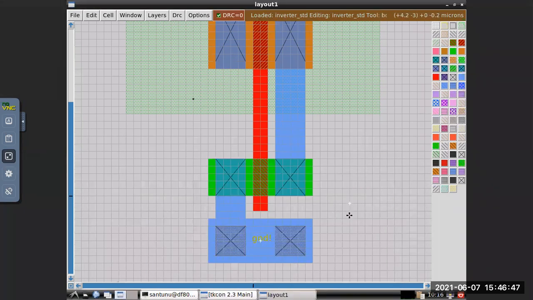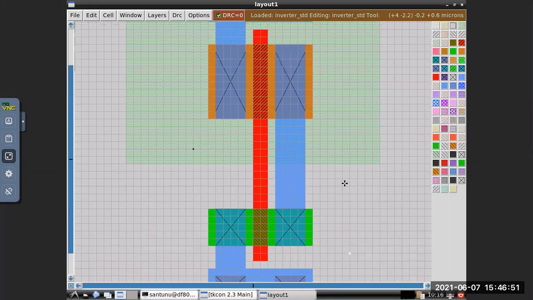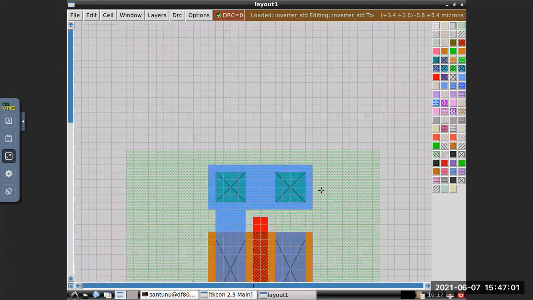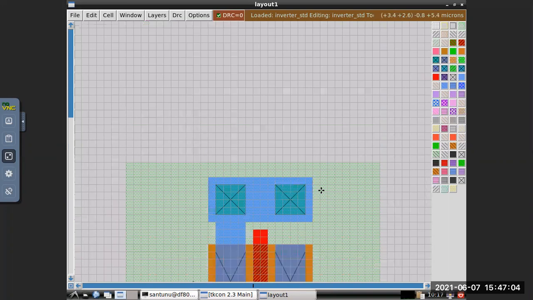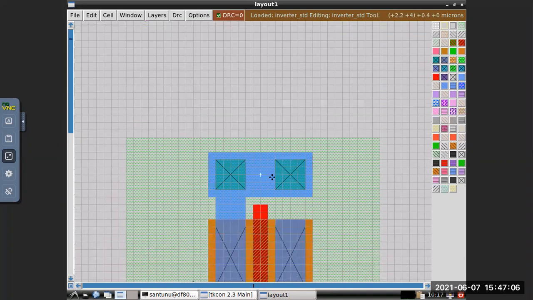So now you can make it ground. Then go to VDD. What is so slow? So make it VDD.